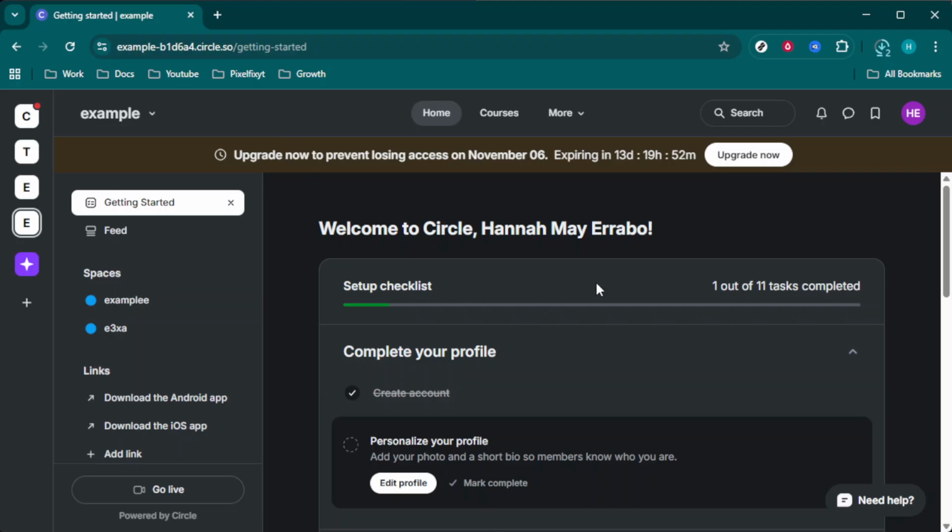straightforward. To begin, you'll need to gather the snippets from Google Tag Manager. Start by navigating to your Google Tag Manager account, and within the workspace, find the option to install Google Tag Manager. Here, you'll copy the container snippets, which include two key pieces of code, one for the head and